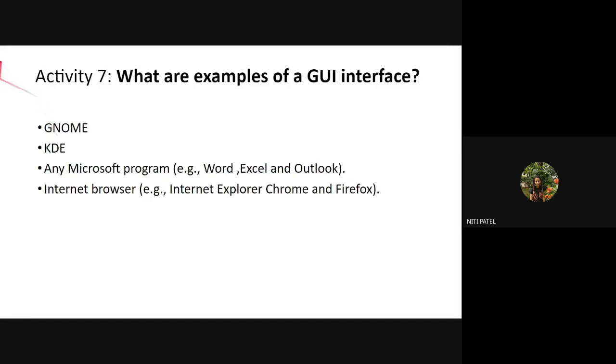You can select any of them during the time of installation. That means whenever you install Linux, a page will come which will ask you which type of interface you want, whether you want GNOME or KDE. Whichever you select, that particular interface will be installed in the system. The image will also be shown to you, how GNOME looks and how KDE looks. Then you can select whichever is appropriate to you and use that.